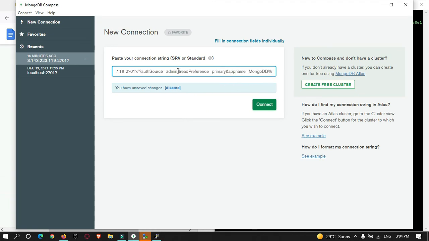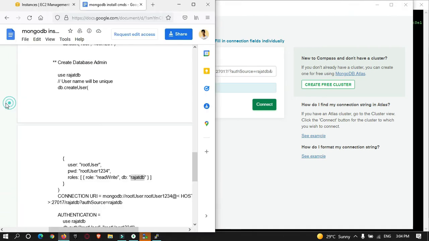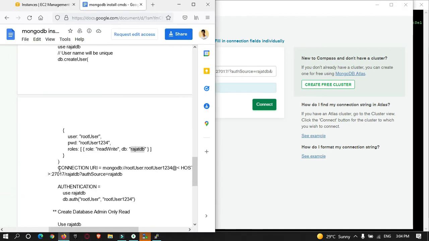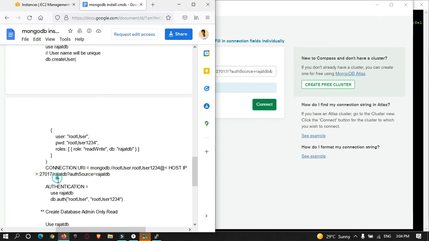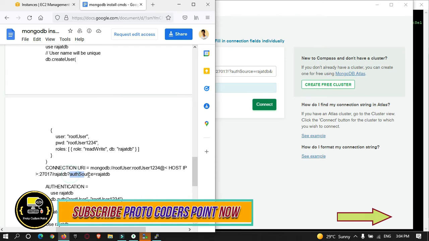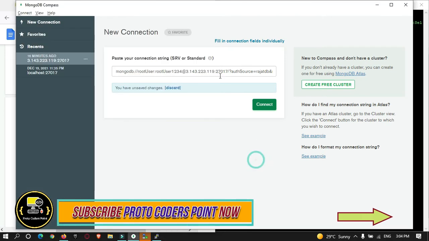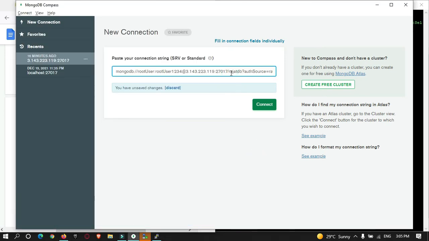So the authentication source is my database name, that is RAJATDB. Okay, so let me check the document again. So you can see this is the database I want to use with the authentication source as the database.